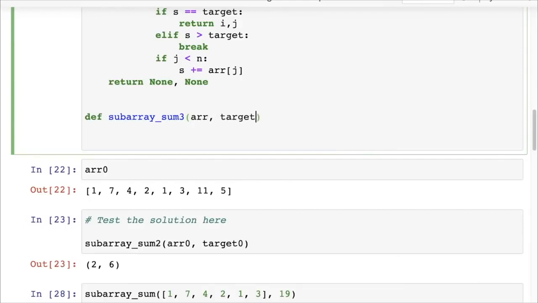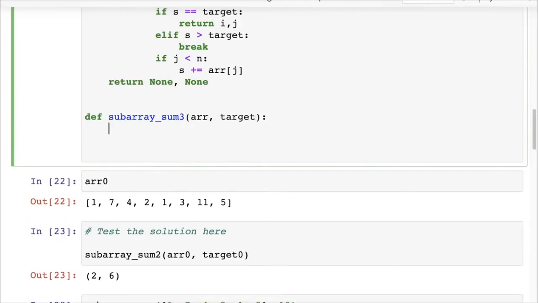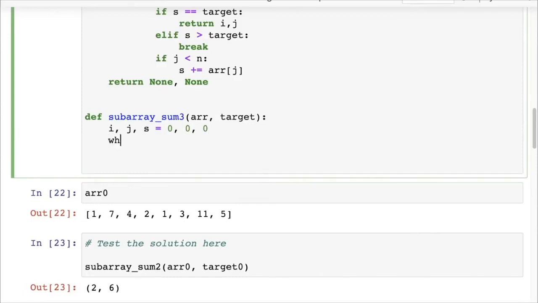Now this is the array target. Now we have i, we have j, and we have sum. All of them, let's call it s, because sum is a reserved word in Python, an existing function. So all of these have the value 0. Then we say while i is less than len array,